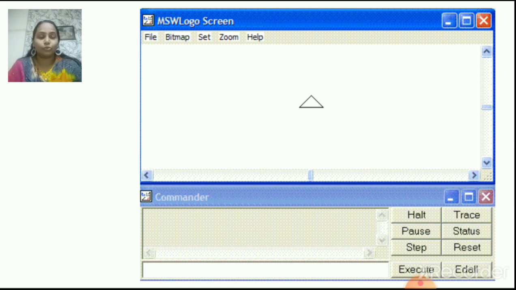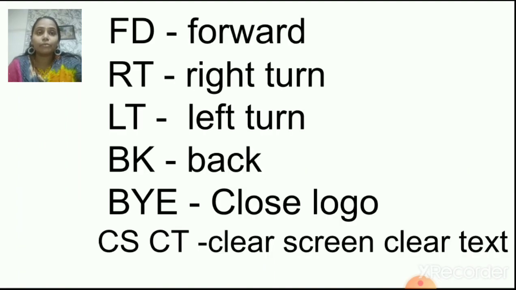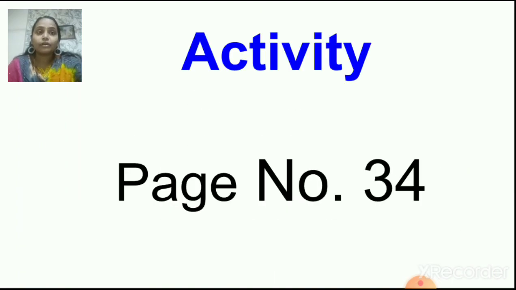Okay, children, today we will do the activity on Logo, the activity on page number 34. Before that we will revise the commands we have seen in this lesson.